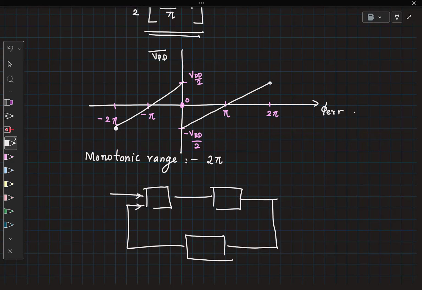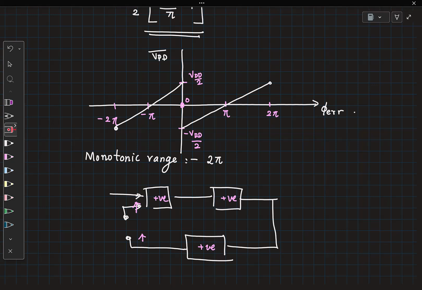Now, when you are looking at the loop's characteristic, this is where you will break the loop and then go around and check. Let's say all of these had a positive small signal gain, which means if I increased the signal here and I go around, I'll see an increase here, right? And let's say I cannot change the characteristics of any of these elements, right? And this is your phase detector, because that is the one that is detecting the error. What is a quick solution that you can give?